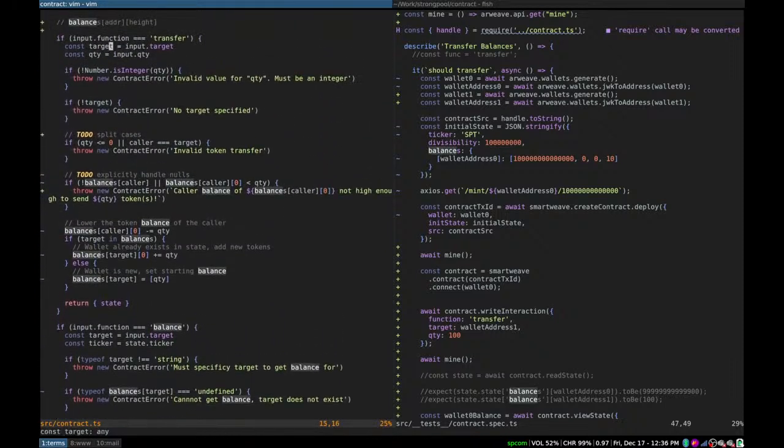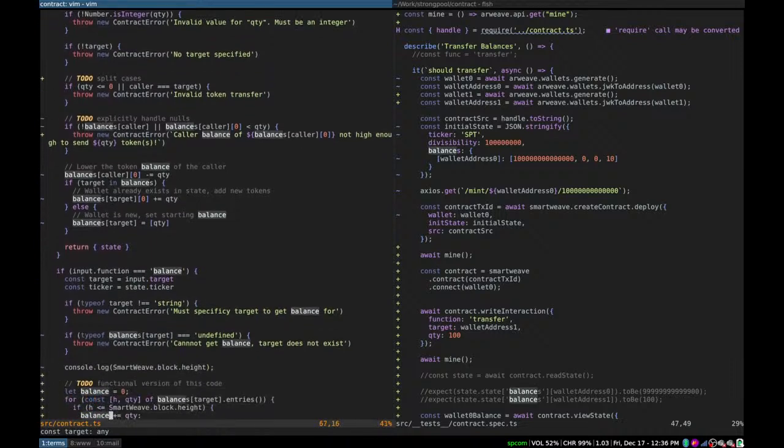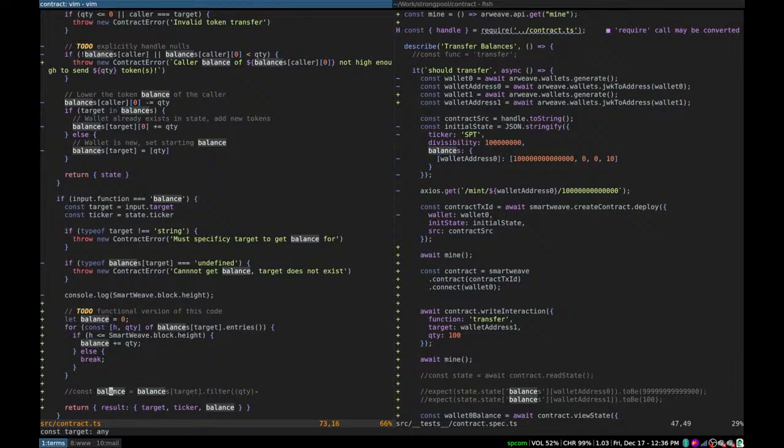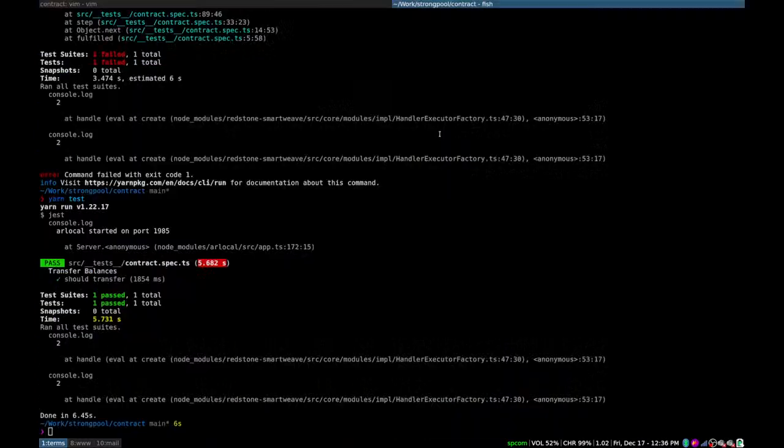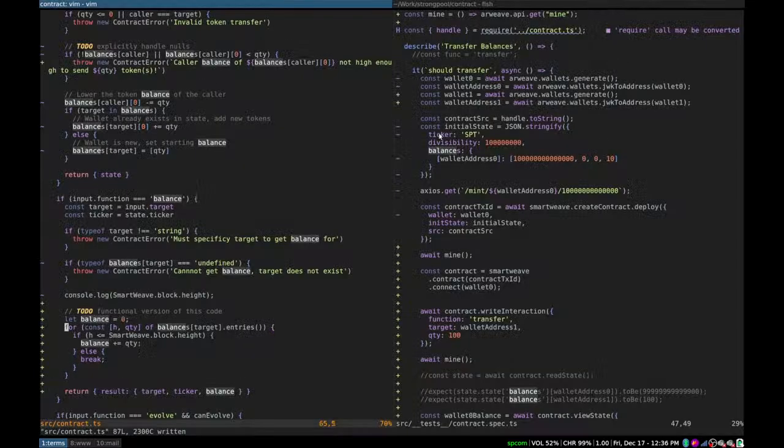Okay, I think I'm going to wrap up here. So the balance is implemented correctly. Want to make the functional version of this, but whatever, it's fine. Although honestly,